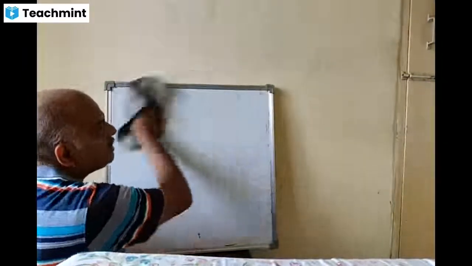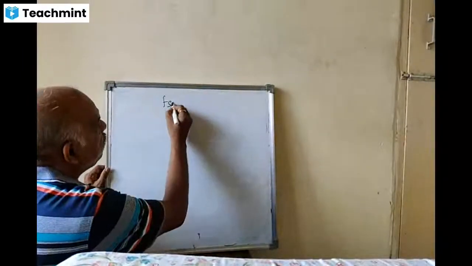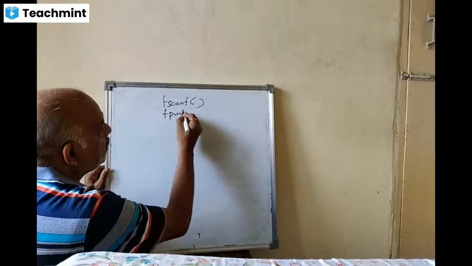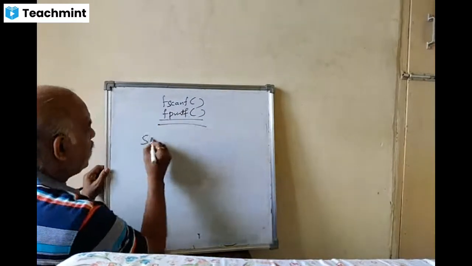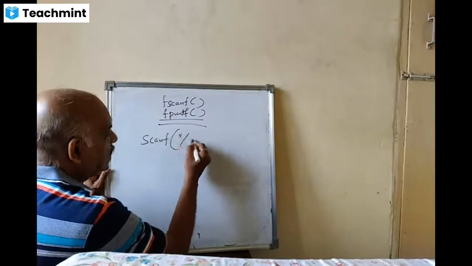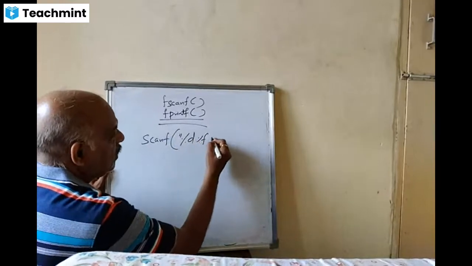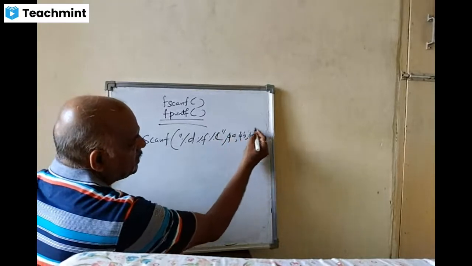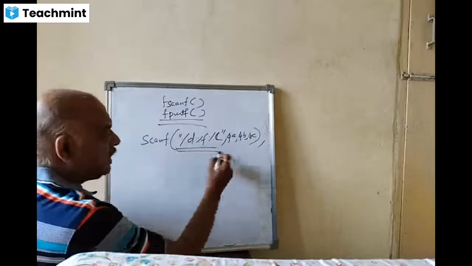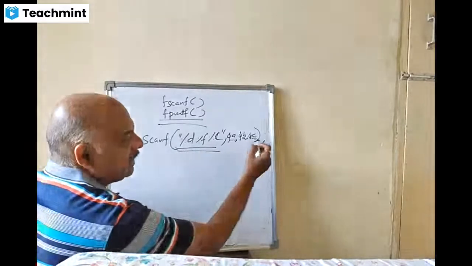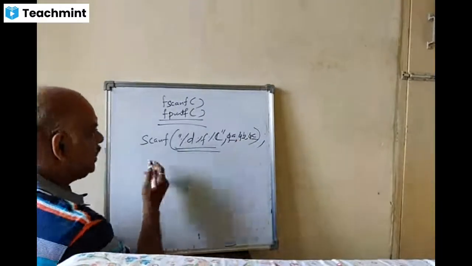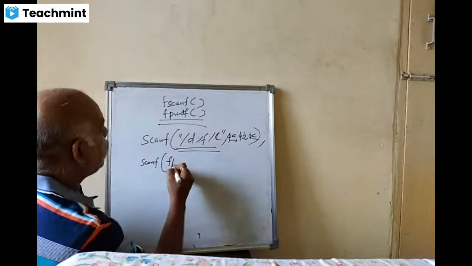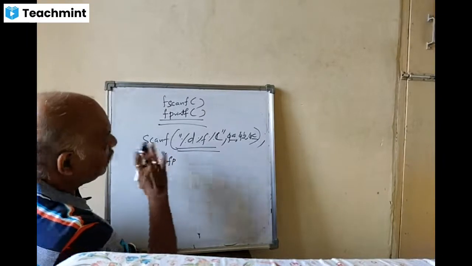These are all unformatted file IO functions. Formatted input is fscanf, formatted output is fprintf. How does scanf work? scanf with %d, %f, %c; you are reading like this: ampersand a, ampersand b, ampersand c. So you are reading different types of data and storing in variables, right? Three variables. Same thing here, scanf, but the only difference is FP. We'll discuss this in the next class.